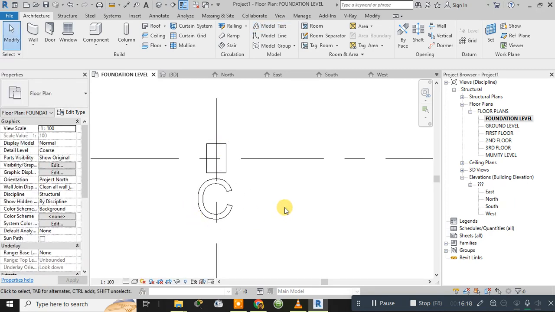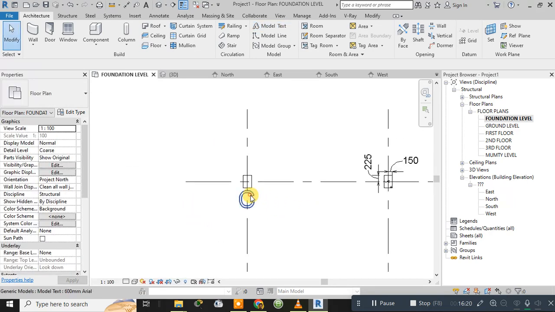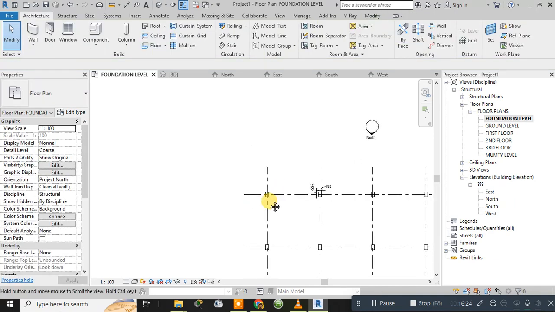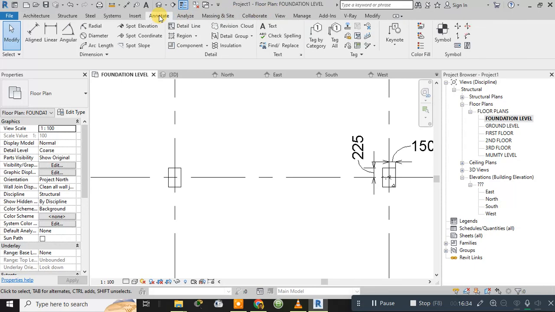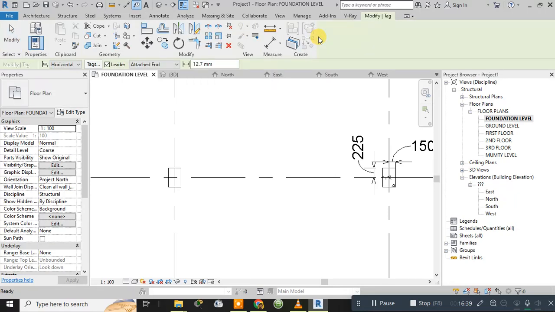See, in this manner we used to write the model text in AutoCAD, but here we can directly give the names of all by simply going to the